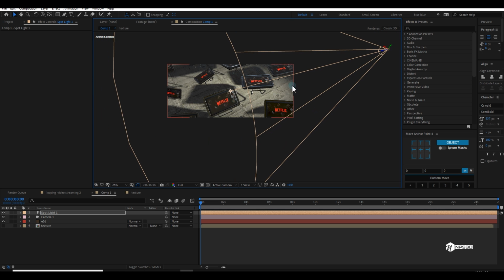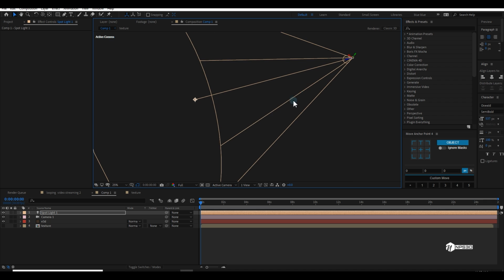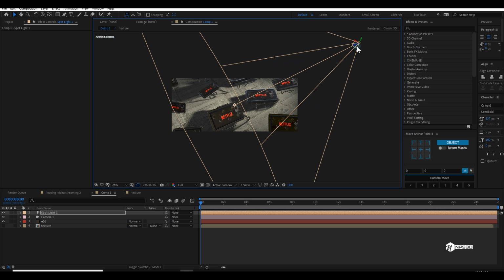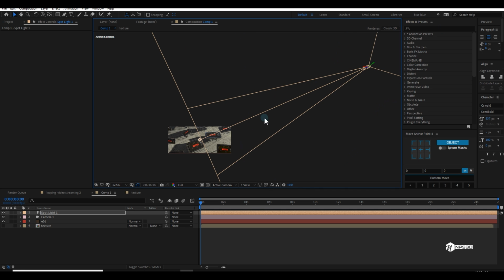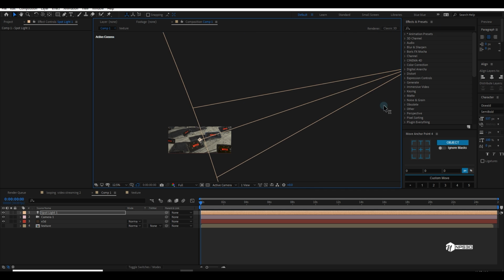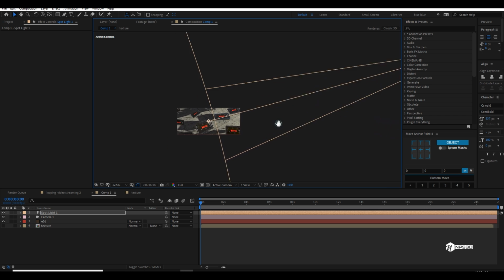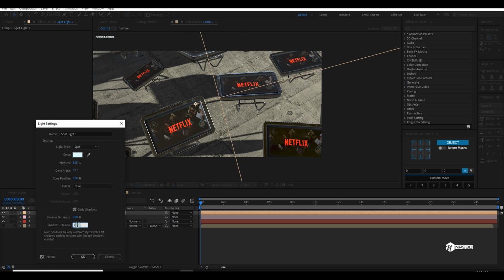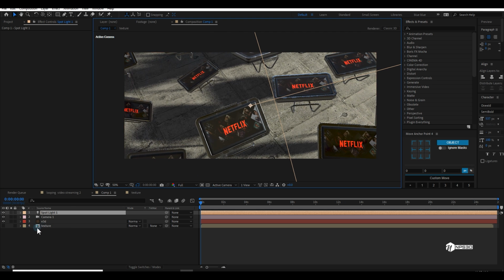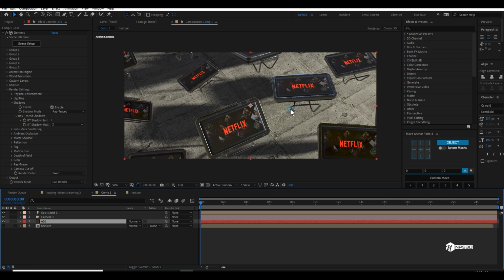So right now you can see. And if you want, you can just place the light even farther away. I am placing it because I want to create some longer shadows, and then I can change the diffusion to maybe 100%. And if you're following this channel, you know how to remove this noise. Just increase the samples to maybe 2, which is totally fine.